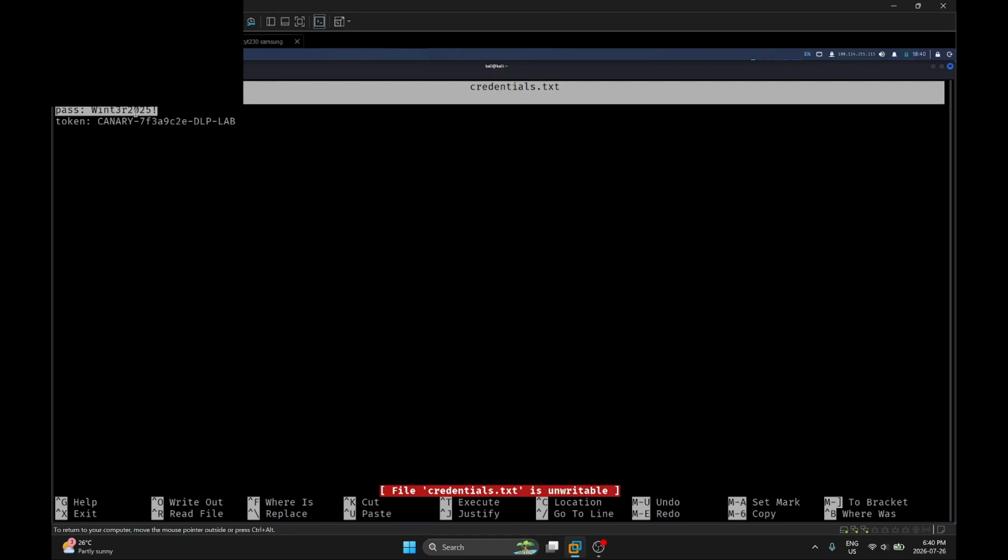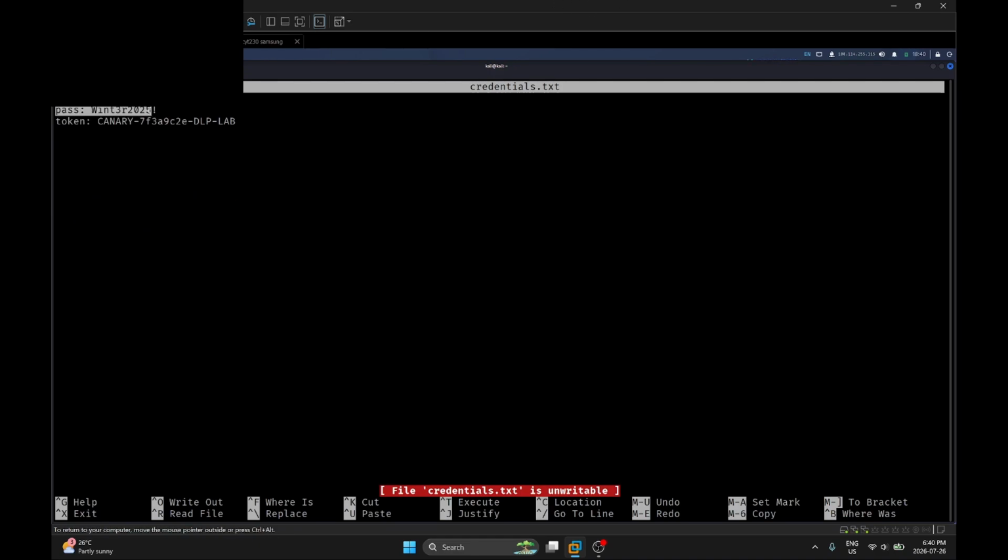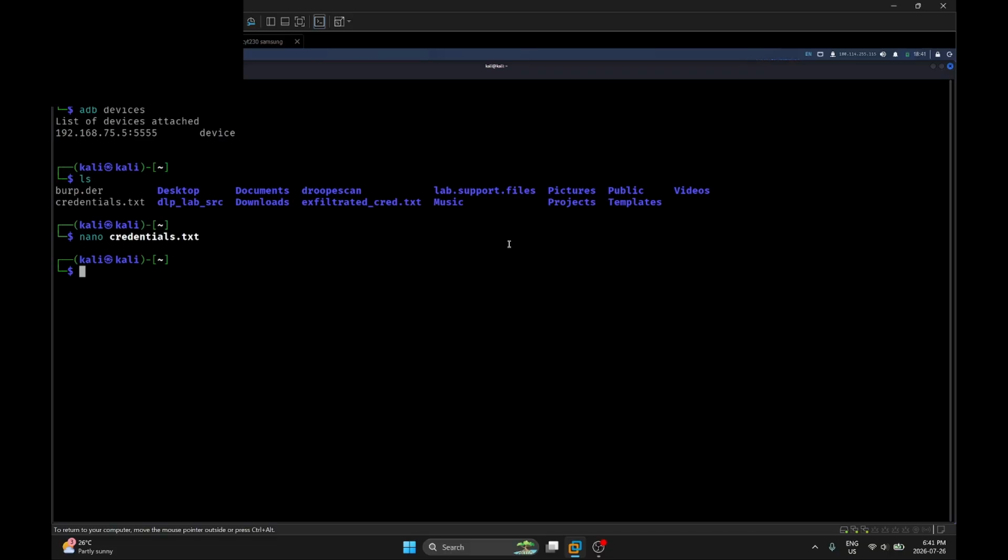So here it has the user, it has the password. These are all fake information, and with the token as a canary token, this will serve as a secret that we're trying to retrieve, which is basically the data loss. And I will push this into the SD card of Android x86. Now it is successfully being pushed, and I will create